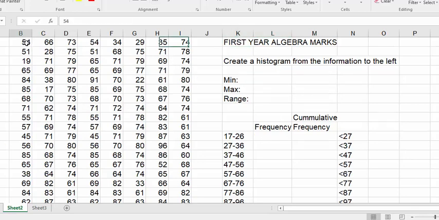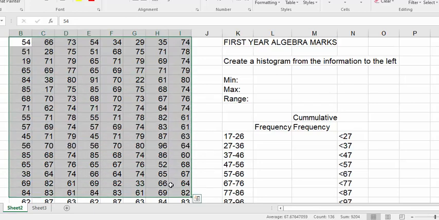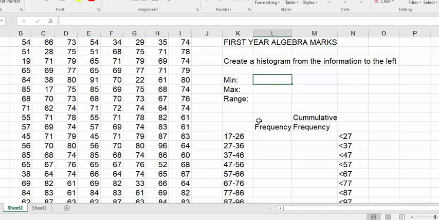So I have a set of marks over here of theoretically first year students' algebra marks. What I need to know is the range of the marks as well as the number of marks in each grouping to make my histogram. So in order to find this range, I'm going to first find the minimum value of the marks,